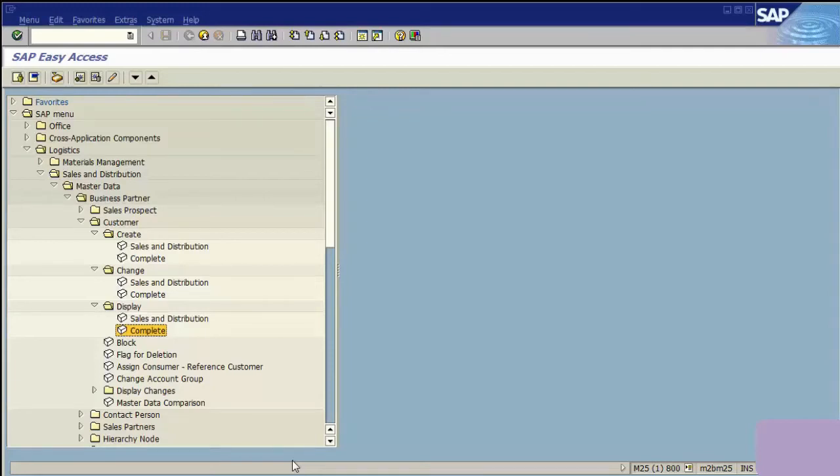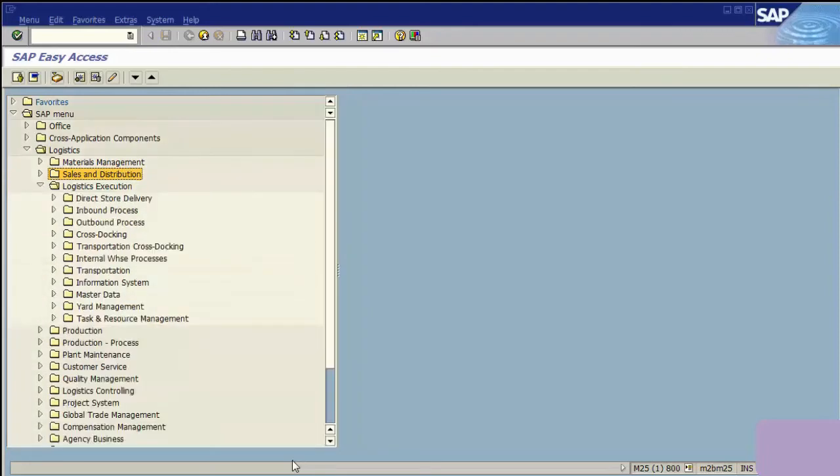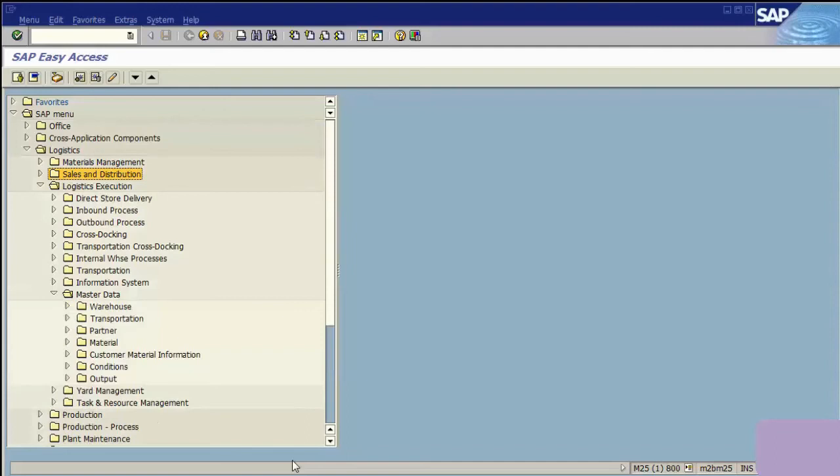I want to show you a couple other places to access menu-wise. So if I close up our sales and distribution menu path here, you'll find the Customer Master accessed in other order-to-cash processes, right? One of them would be logistics execution, which is deliveries, shipping, all that kind of information. We're going to have a customer access here